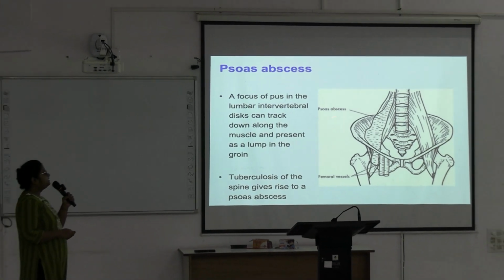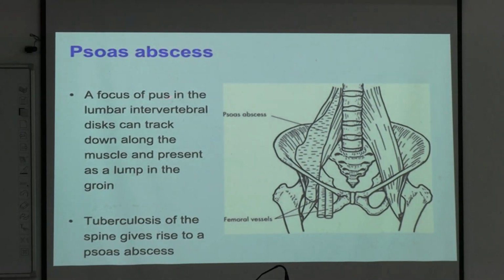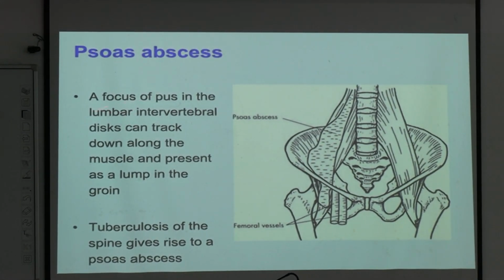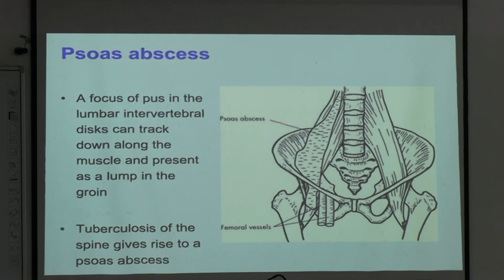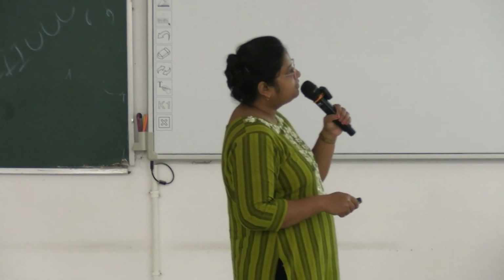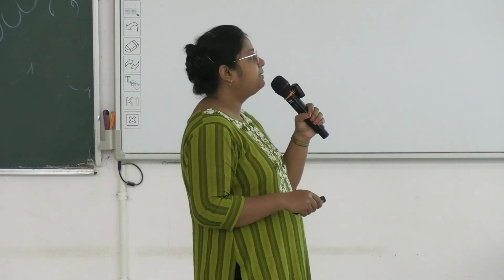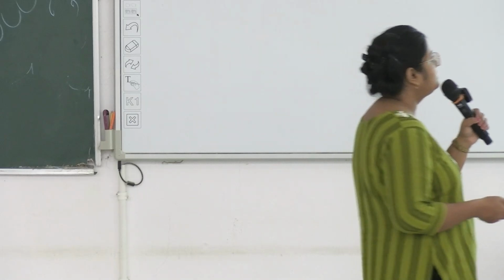there is an important clinical aspect regarding this fascia, psoas abscess. A focus of pus in the lumbar intervertebral disc can track down along the muscle and present as a lump in the groin. Because psoas major along with this fascia extends up to the lesser trochanter, so this is the groin region, so pus will track along the fascia up to the groin region. And tuberculosis of spine gives rise to a psoas abscess. This is the main cause of psoas abscess. Next,